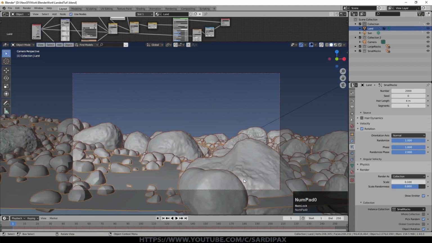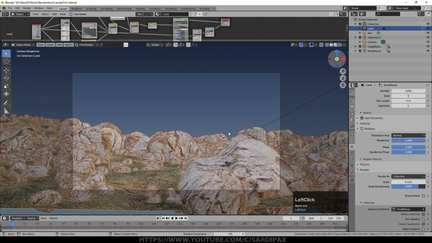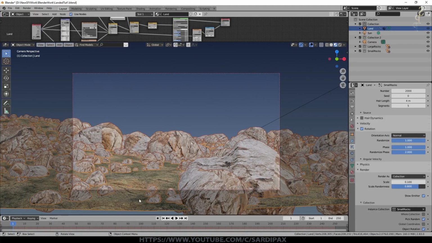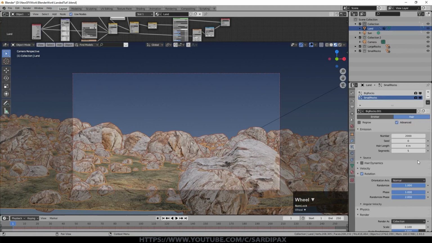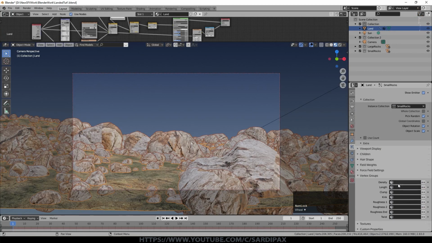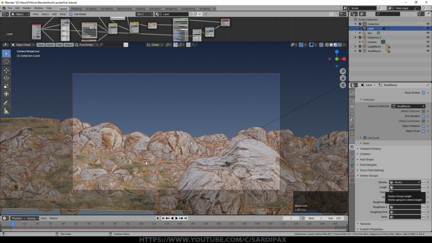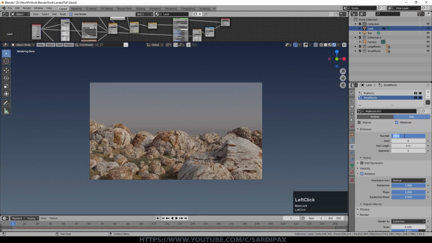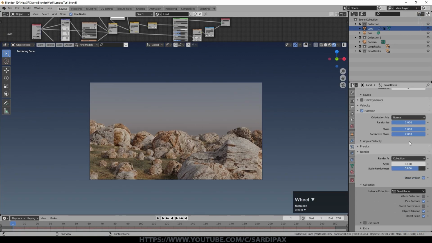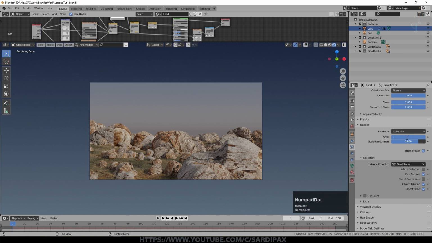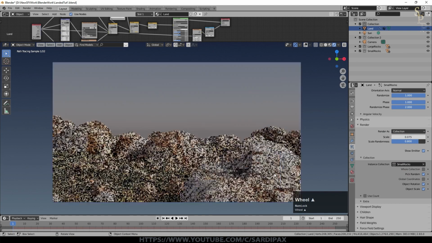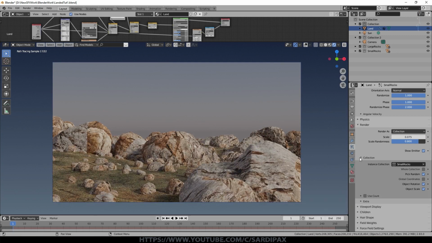They're sort of medium-sized rocks really right now. And you can see how that's sort of filling it in. So I quite like that distribution. If we go to material preview mode, you can see them there, but these are using less geometry because of the nature of them. And of course we need to come down here and select the rocks vertex group. And we can even see now that even that might be too many of the smaller or medium sized rocks. So let's try 1200 and maybe come down on the size very slightly, 0.075. Again, you'll have to play around with the scale to find what works for you.